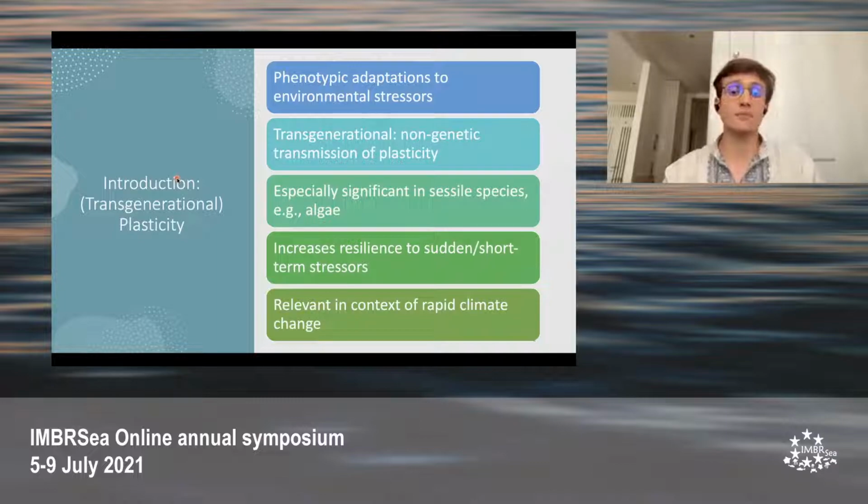It's a phenotypic adaptation to environmental stressors, and it's called transgenerational when it is transmitted from parents to offspring in a non-genetic way. And this is something that is especially significant in sessile species, such as algae in my case, because the offspring are quite likely to face similar pressure as the parents and also do not have the possibility